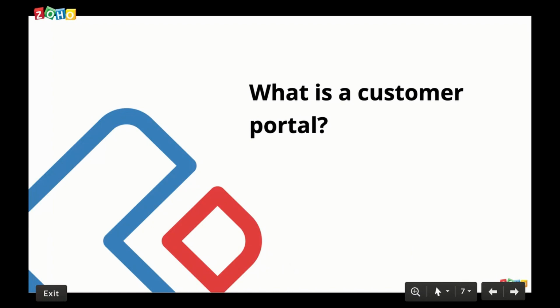So a customer portal, or we usually call it a self-service portal, is a web-based interface that gives customers complete visibility into their interactions with your company. So when you go to a customer portal as a customer, you can track key metrics like support requests and some other information like upcoming payments or upcoming orders. So a customer portal is available 24/7, 365 days a year, and you can easily access it through a desktop or a mobile device.